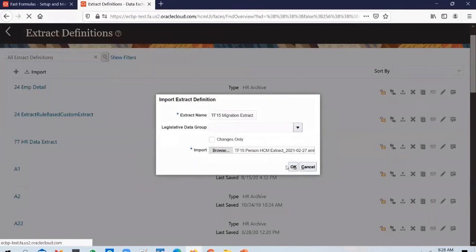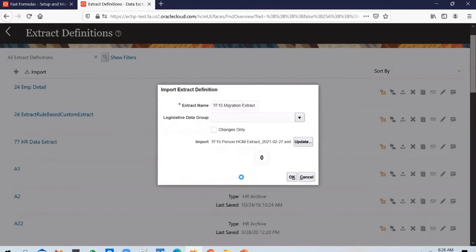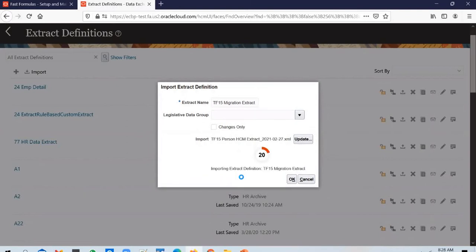I can upload it in and click OK. So with just a couple of mouse clicks, you can easily migrate an extract from one instance to another. You'll see a status as to how the import is progressing.